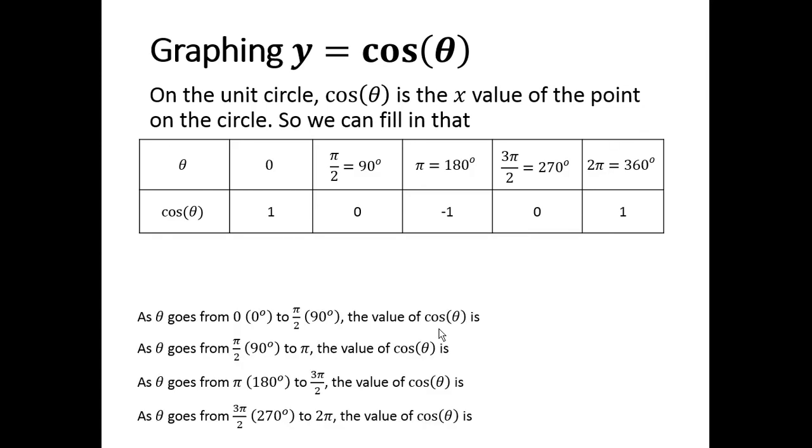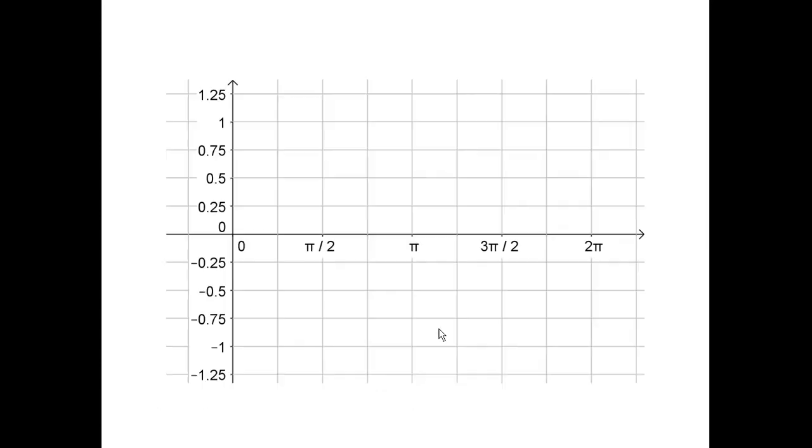So to fill in our sentences, as it goes from 0 to pi on 2, it's decreasing. From pi on 2 to pi, going from 0 to -1, it's still decreasing, gets to its minimum, so then it starts increasing and continues increasing until it gets back to its maximum. Okay, so when I want to draw this pretty picture, now instead of starting at 0, 0, I start with a y-intercept of 1. Okay, so I start at the maximum because it's the x value, and the x value starts as big as possible. Then it goes down, down, up, and then again, cos of pi on 4 is also about 0.71,